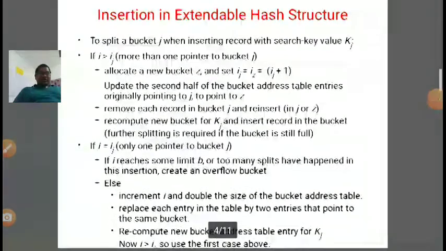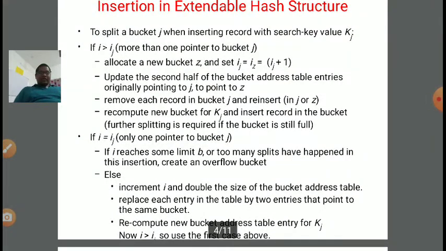Next is insertion in extendable hashing. To perform the insertion, there are some steps, so we are going step by step. To split a bucket j when inserting a record with search key value Kj, how to do that? If i is greater than i of j, that is, more than one pointer to bucket j, then we need to allocate a new bucket z and set i of j and i of z equal to i of j plus 1.